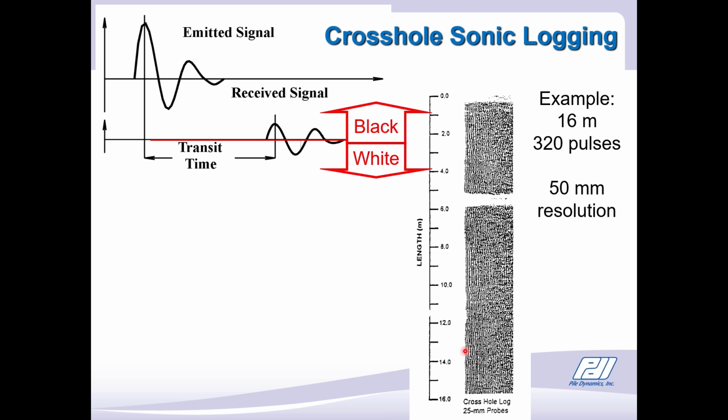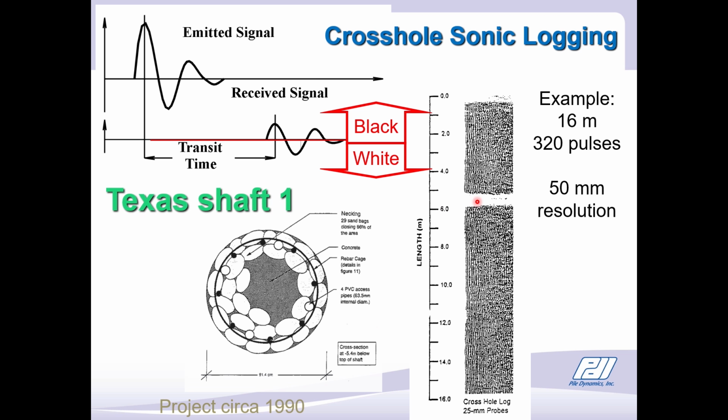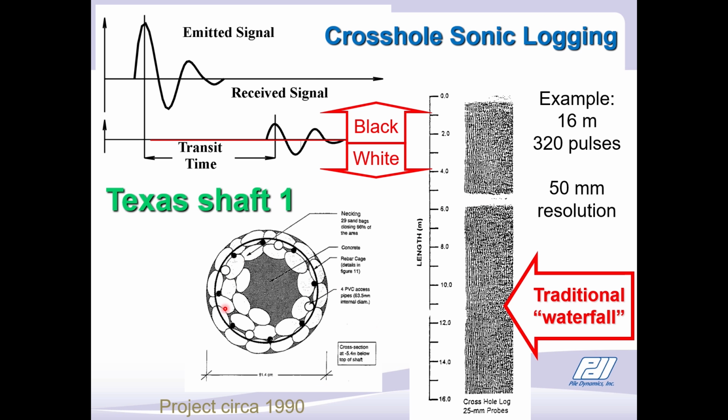That's the first arrival time. That's really the only important part of such a presentation. And where we have a gap, that would indicate a defect. This particular defect was created by putting sandbags around the reinforcing cage, and here are the tubes. So you see that the path between tubes has been blocked by the defect, and the defect clearly shows up